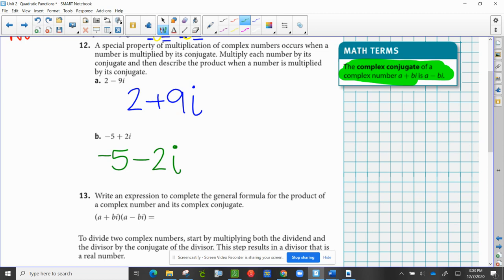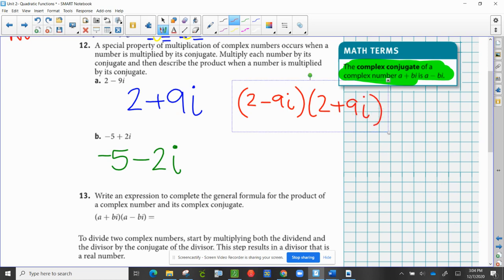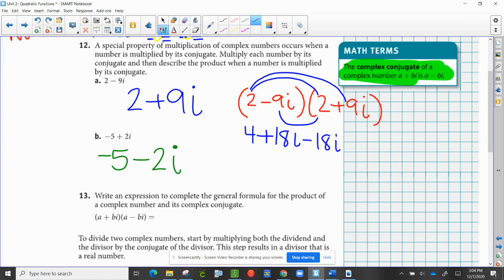Now, the reason we need a complex conjugate is because when we multiply a complex number by its conjugate, it's going to eliminate the i terms. So, for example, if I use this one, a here, 2 minus 9i, and I multiply it by its conjugate, which we said was 2 plus 9i, here's what happens when I multiply this out. So watch me FOIL this. We have 2 times 2 is 4. We have 2 times 9i would be positive 18i. Then we have our middle terms. That's going to give me negative 18i. And then our last term is going to give me negative